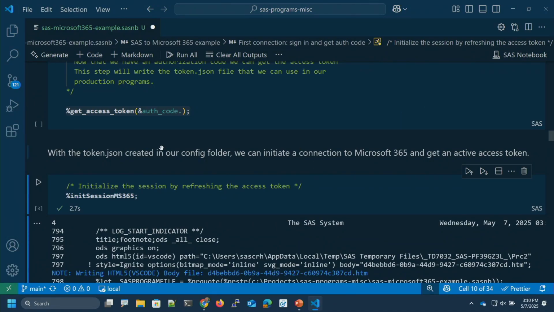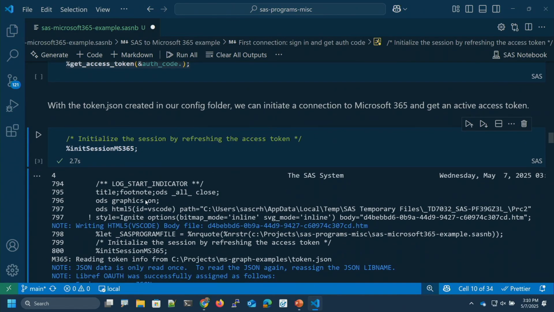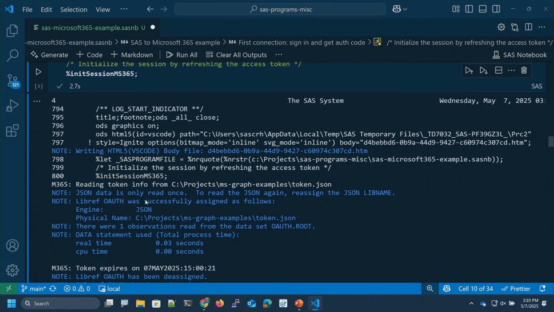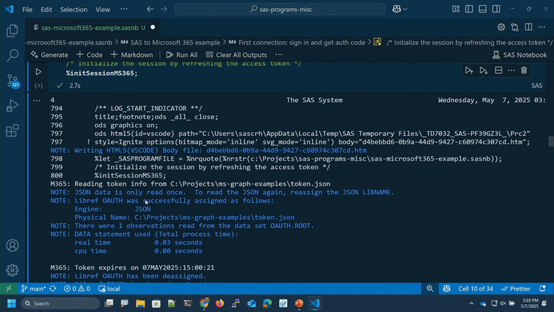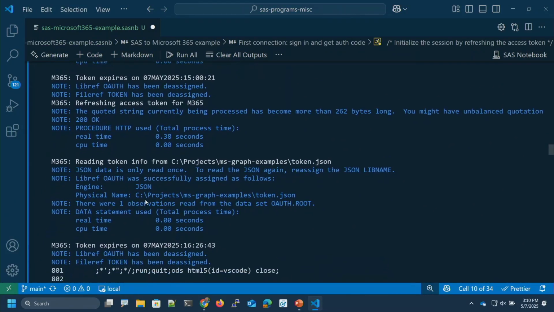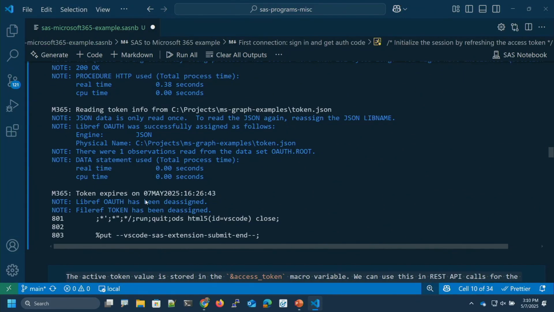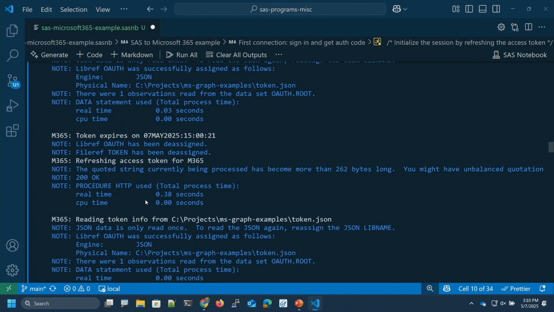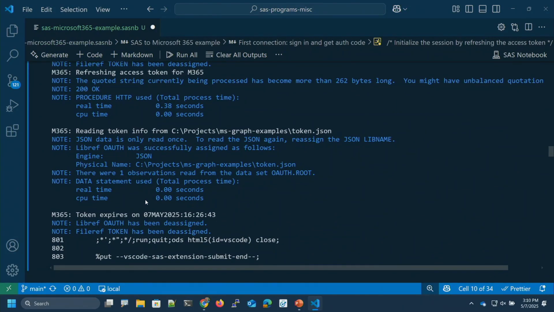Now I'm going to initialize my connection, which means take the token I have and turn it in for a new token. So you can see I had a token that expired because I just ran this a little while ago. I've just turned in a new token. My old token would have expired at 3 o'clock. My new token expires at 4:30.